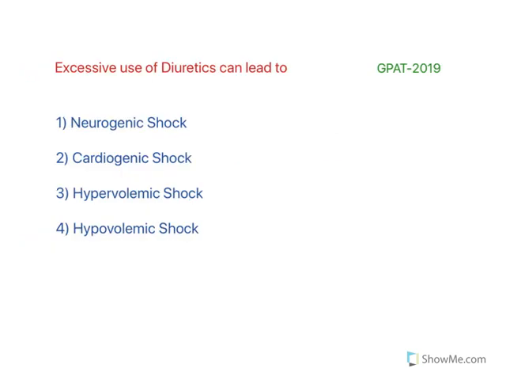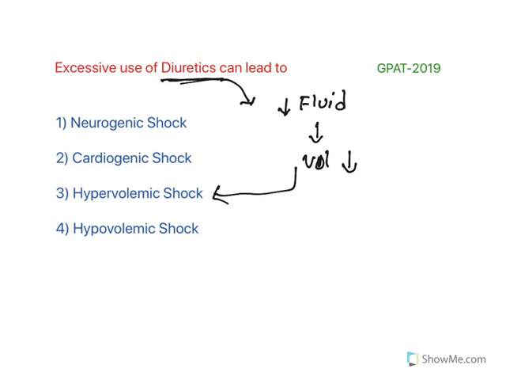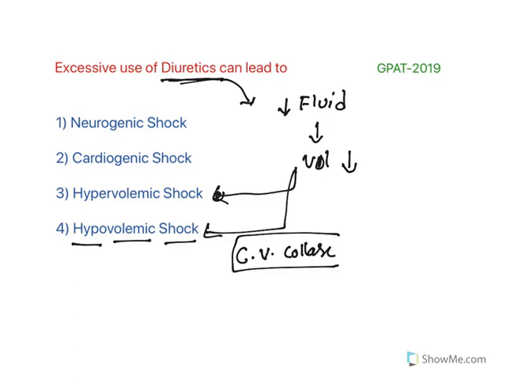Moving further. Now, excessive use of diuretic can lead to, this one is a kind of physiology question. Diuretics will increase urinary output. That means fluid volume inside the body is reduced. When fluid volume is reduced, this may cause hypovolemic shock. Hypo means reduced, volemic means fluids, shock. That may result in cardiovascular collapse. When the amount of fluid inside our cardiovascular system is reduced, it immediately results in reduced blood pressure. If it is not immediately treated, it may cause hypovolemic shock.